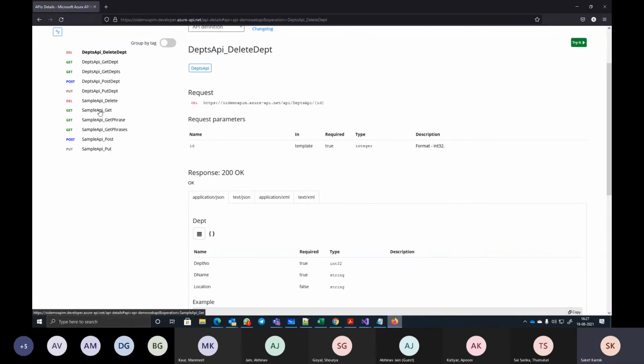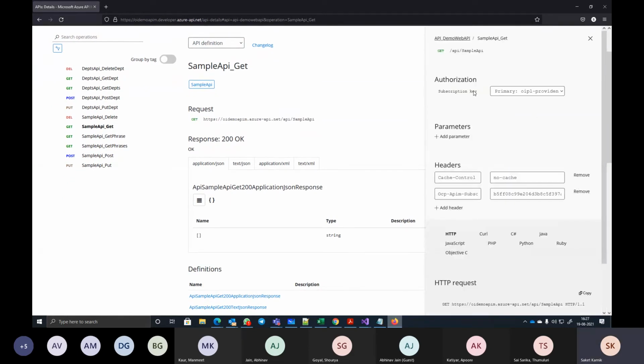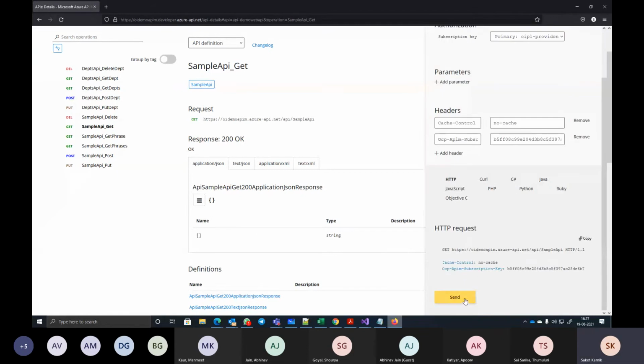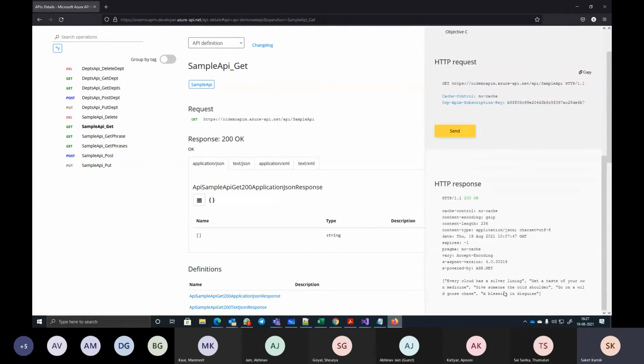I want to test this sample API get. I say try it. You can see the subscription key now is there by default, included into headers by default. And now if I say send, the request will be created with subscription key, and then the response comes back naturally.